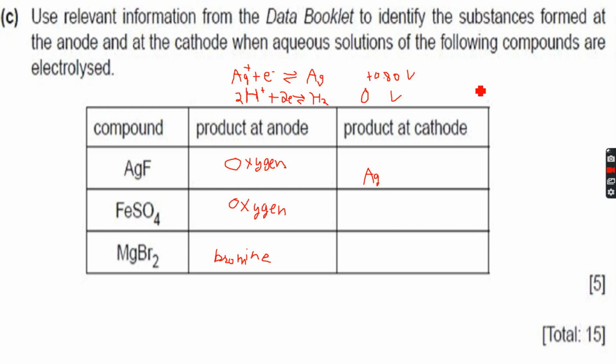Now in the case of FeSO4, which is Fe2+, the electrode potential for this one is minus 0.44. Now let's forget silver. We are no longer dealing with silver. We are dealing with iron and hydrogen. So since this is more negative than that for H+, H+ will discharge more readily, so hydrogen will be formed, H2 gas will be formed. And for MgBr2,